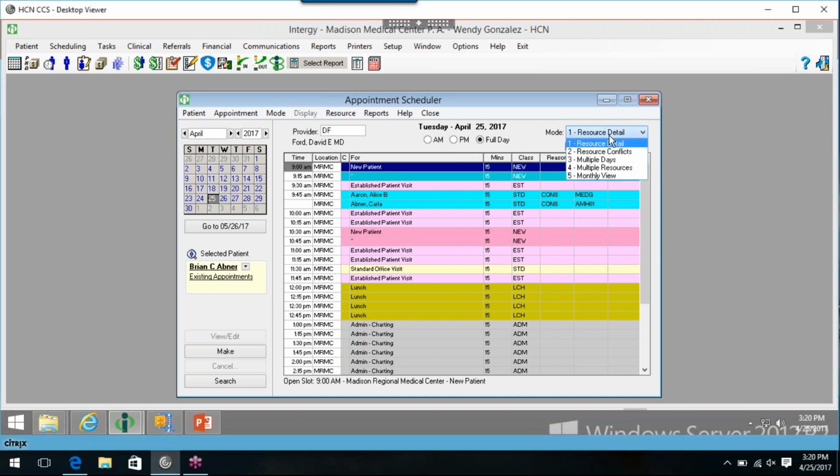So resource mode 1, resource details, pretty much shows you everything about today's list of appointments. Shows you quite a bit of information. Right underneath mode 1, it says collapse. And what collapse means is not to show you your double booked or your triple booked. So take a look at my 9:45. Remember, there's 2 patients scheduled at 9:45. So if I click on collapse,